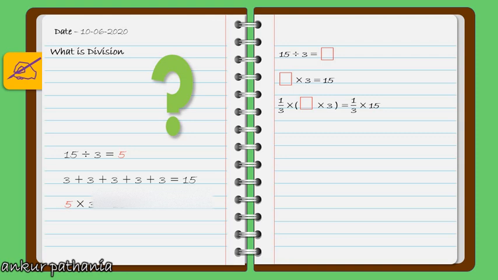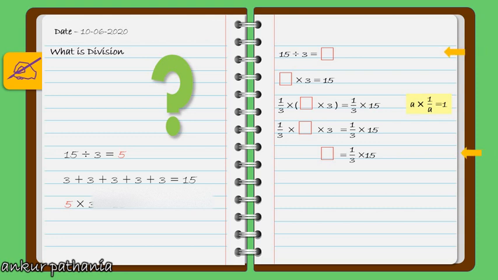Now why have I multiplied it by 1 by 3? Because we have studied that when a is multiplied by 1 upon a, the result is 1. Here a is some number and 1 upon a is its reciprocal. So I have multiplied both sides by the reciprocal of 3, that is 1 upon 3, so that the left hand side is left with only that box which represents the unknown quantity. On solving this, 1 by 3 and 3 get cancelled, and on the left hand side we are left with only that empty box which represents some value or unknown.